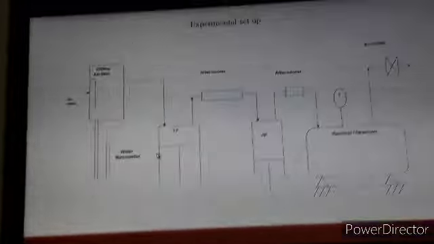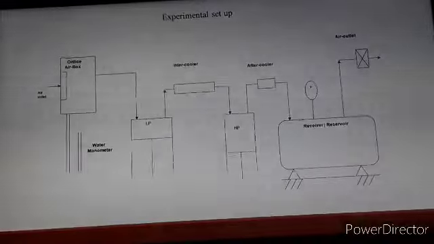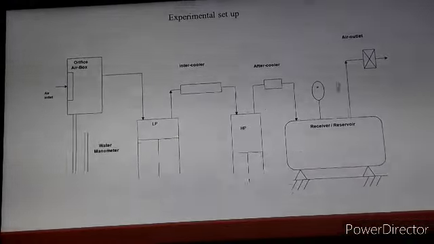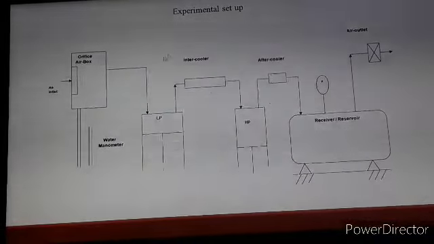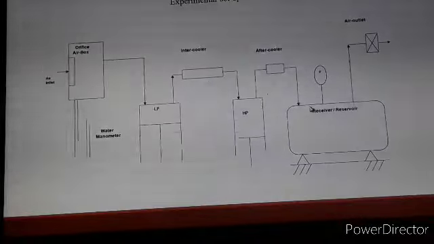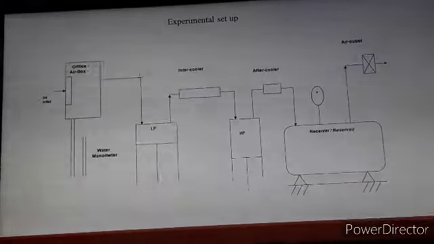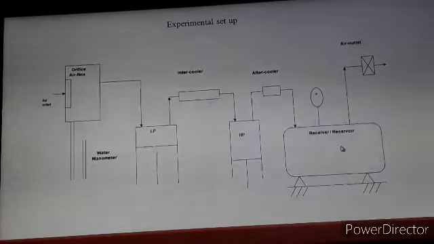Now when we have to conduct the trial on this reciprocating air compressor, we have to record the various parameters. While recording all these parameters, the various sensors connected to the various components are all taken to the control panel. So let us discuss the observation table.